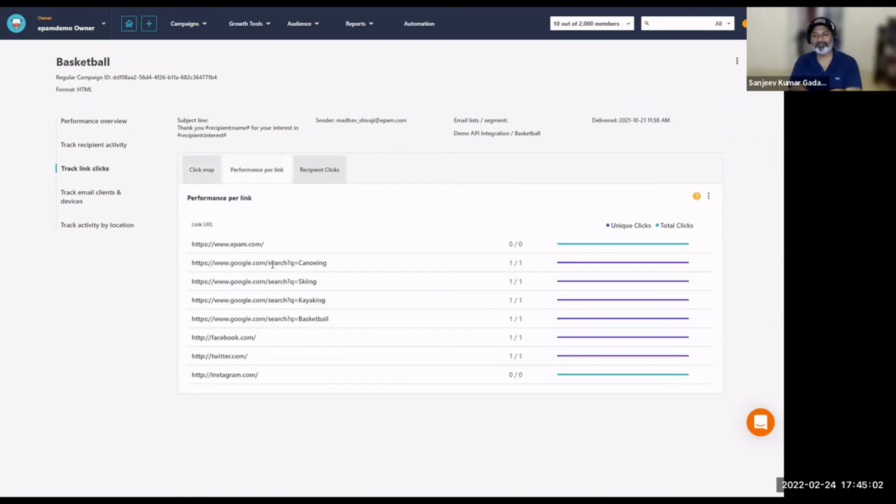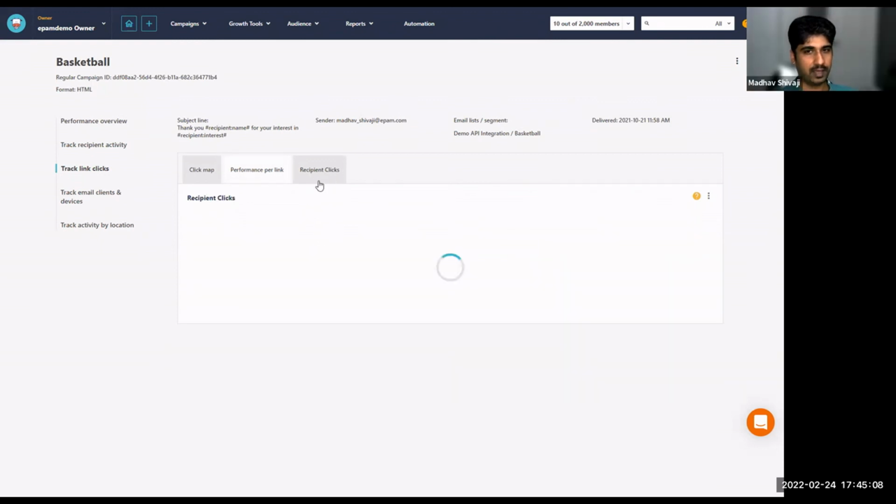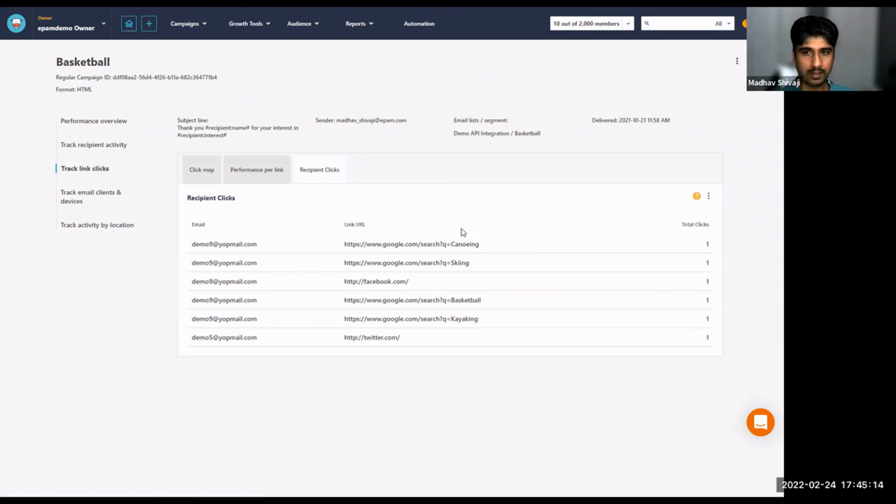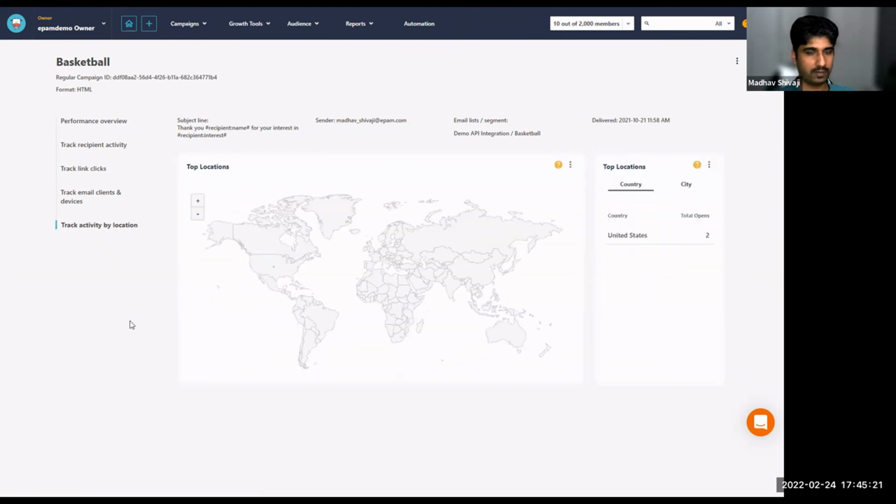Nice, very nice. And yeah, the performance per click, what the performances for each click were, and also the recipient clicks. I don't think we have any recipients. Yeah, these were all demo kind of emails. So you have the track by location, which is kind of mapping. Everything is US because it was a demo. But yeah,